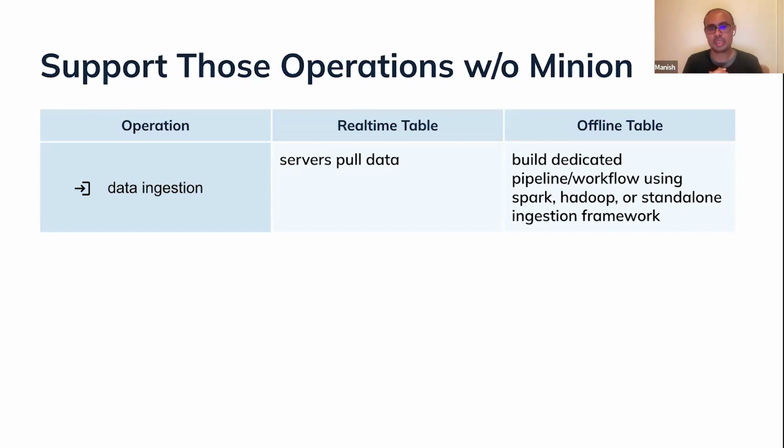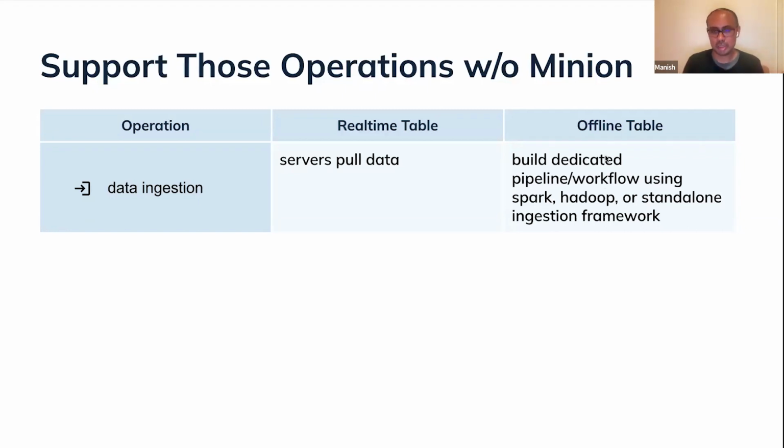So we have the servers that I showed you in the beginning, and the servers themselves pull the data from the Kafka source. If you set up all the Kafka configurations correctly, then the servers are going to pull the data from the source, and you have the partitioning schemes there.